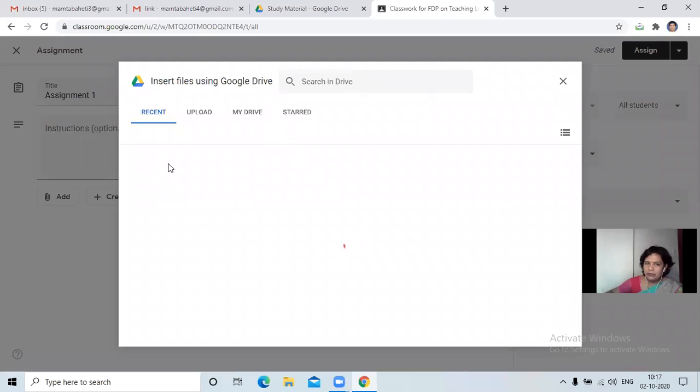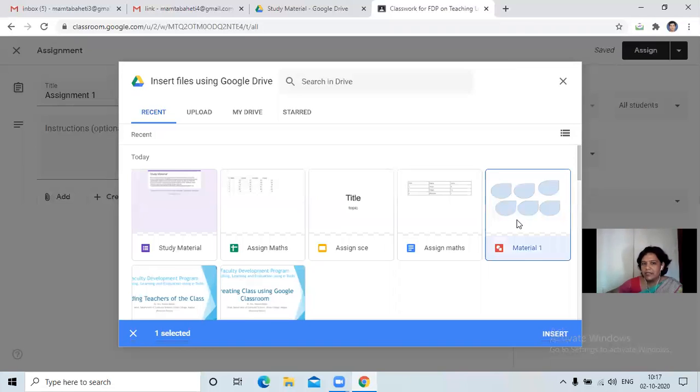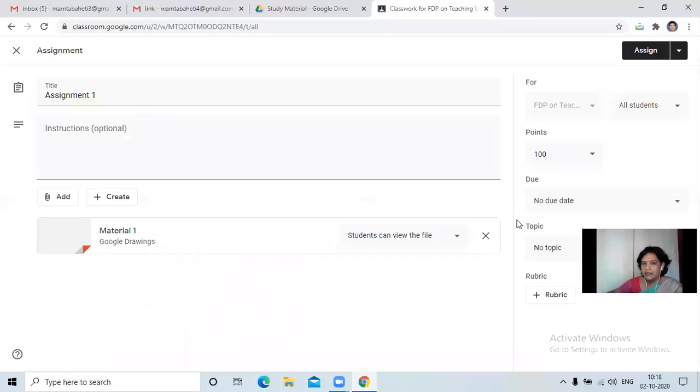Now the things are there with me, earlier available. I'm just putting that file. It can be a PDF one, it can be an Excel sheet. See here, these files are by default stored on the Google Drive. Suppose this is my assignment 1 and I am inserting.